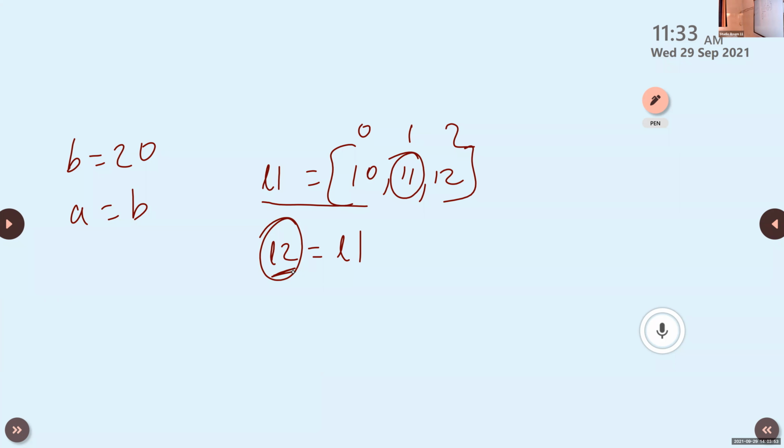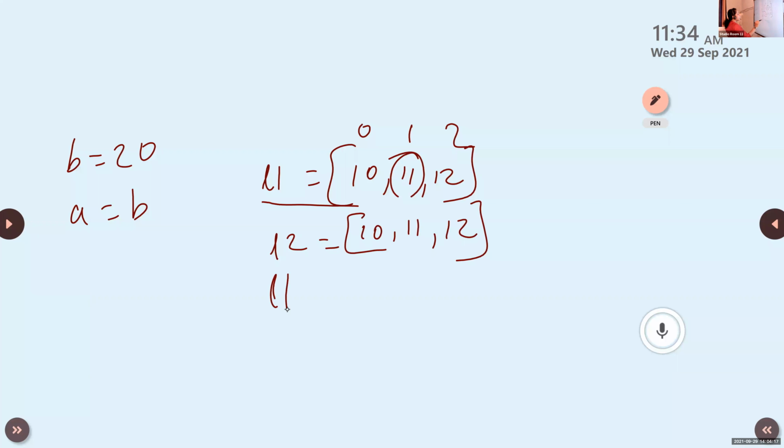Then how can we compare a list? We can compare using L1 equal to L2.